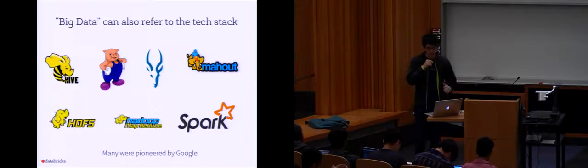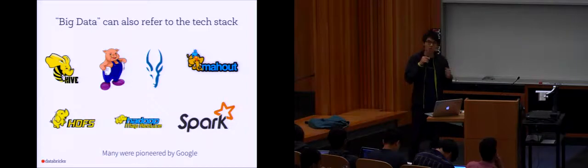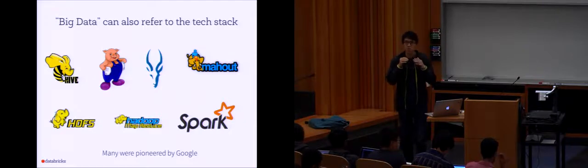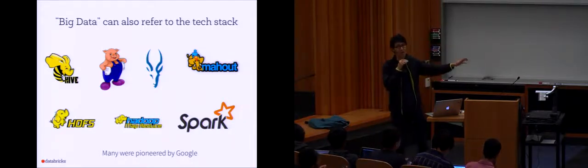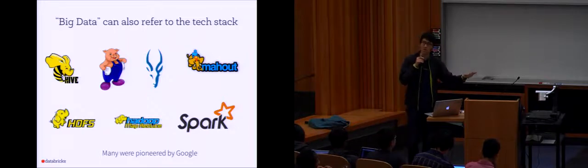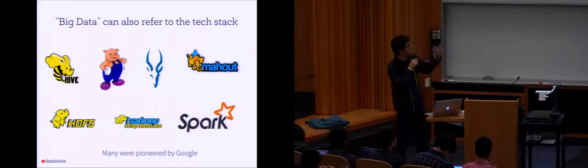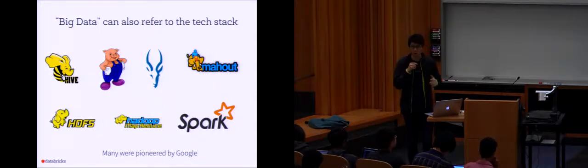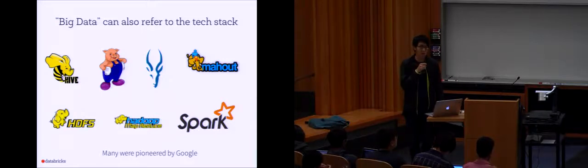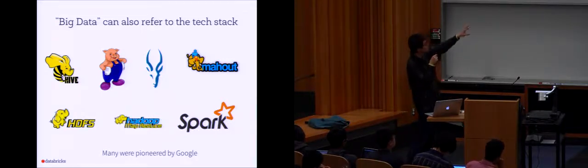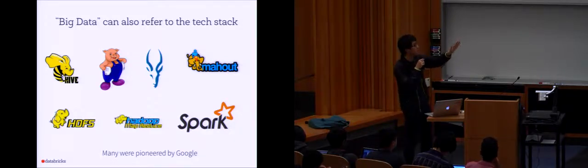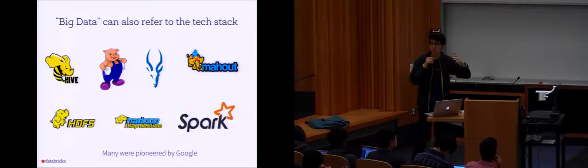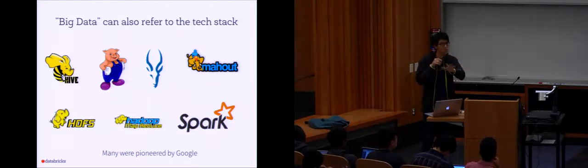Now, if you talk to more of a technologist about big data, they often use the word big data to refer to the whole new stack of tools that people are using that's not database systems. For example, HDFS, Hadoop MapReduce, and Hive, Pig, and so on. I'm going to cover some of them in the future, and Spark coming from Berkeley. Spark started independent of Hadoop, but HDFS and Hadoop MapReduce are in the Hadoop project, which I assume you guys know what it is by now.